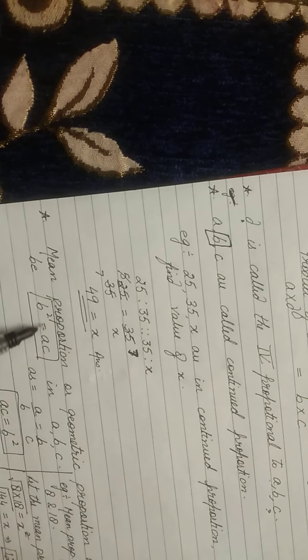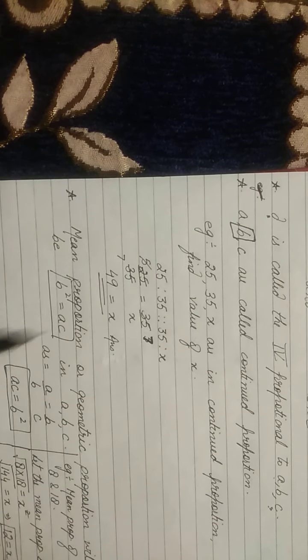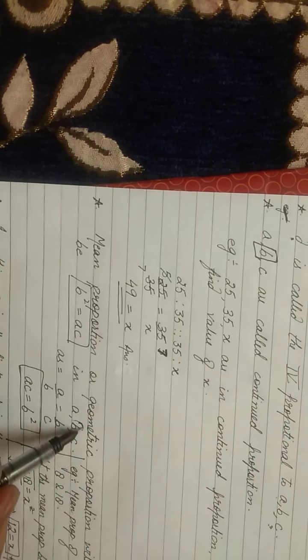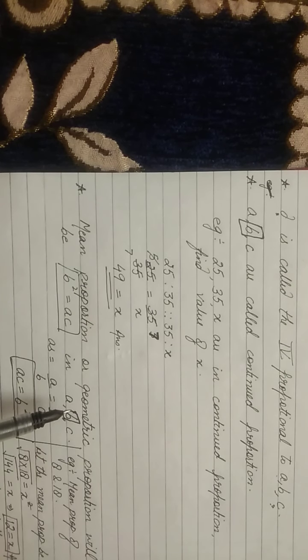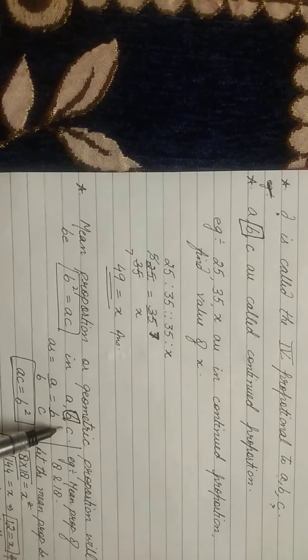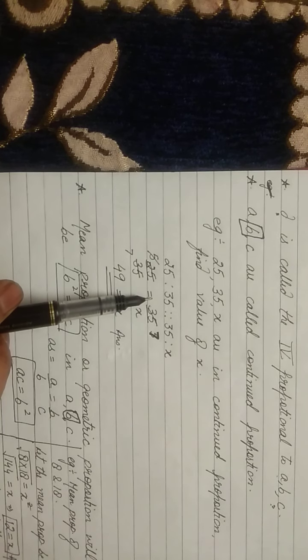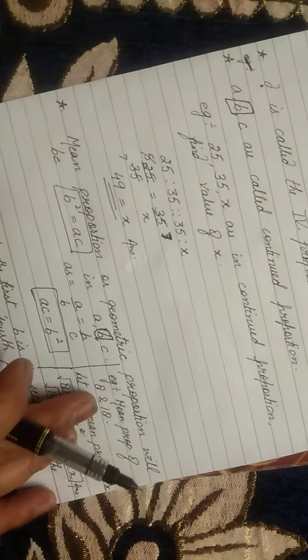Now in the case of mean proportion or geometric proportion, you will be getting only two values. Clear? As you can see in the example over here, you will be getting two values and you are going to take the mean. Mean का मतलब क्या होता है? बीच की value. Clear? The center value. So you take this center value as x. While taking this center value of x, now you have got three values. जब आपके पास तीन values आ गए, you will solve it with the continued proportion. Clear? As you have solved it as a continued proportion, you do it in that manner only.